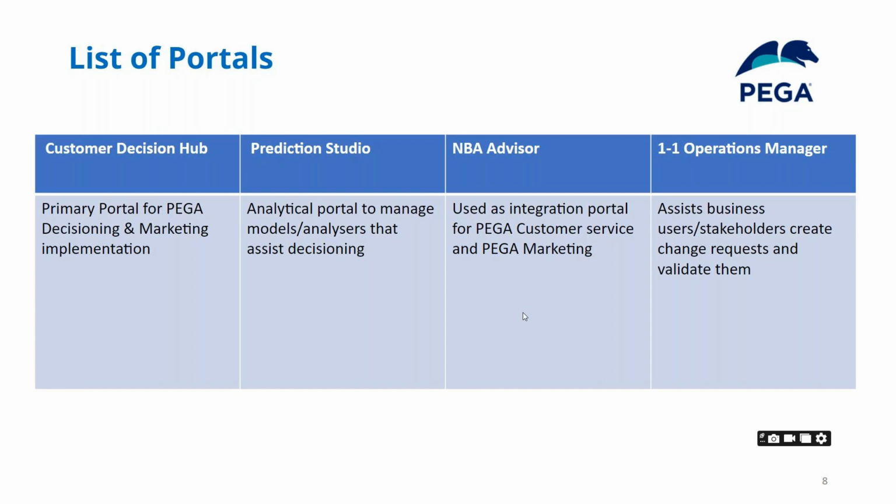Okay, for this customer, this is the next best action. Like that, the models will help you, because all this is completely data science and machine learning, right? Using machine learning and artificial intelligence only we can effectively understand what we need to promote. That is the reason we are doing all those things in the Prediction Studio. Then the next portal that we have is the Next Best Action Advisor. So what is this Next Best Action Advisor?